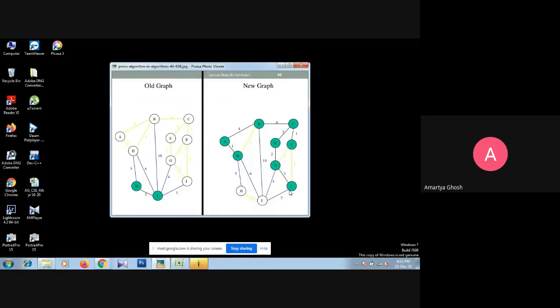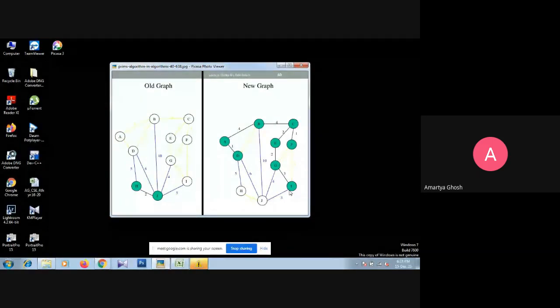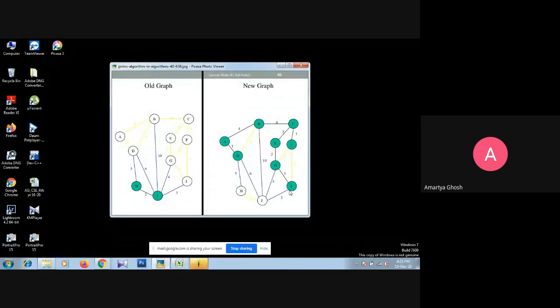The complete graph may have more than n edges, but in a spanning tree we represent it with the minimum number of edges. That is, if there are n nodes, we need only n minus 1 edges to connect all the nodes. So if J is already connected,